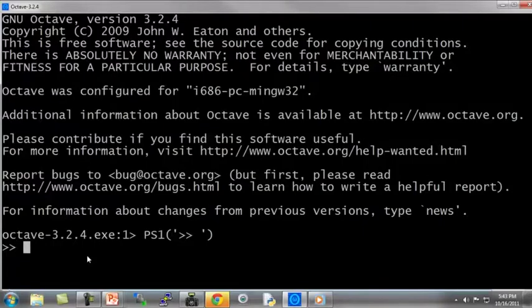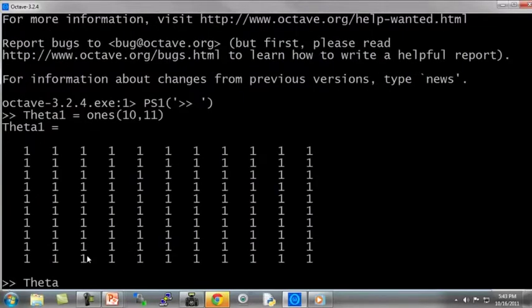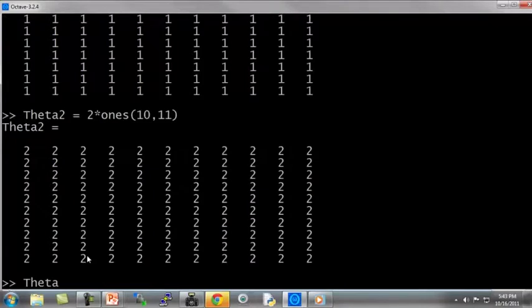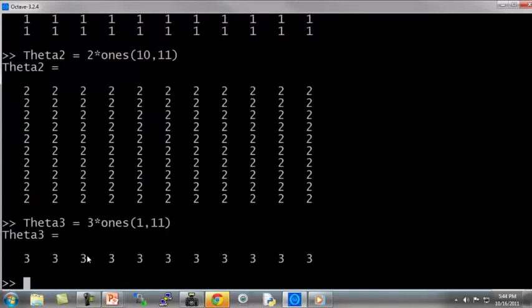Here's a quick Octave demo of that process. So for this example, let's set theta 1 equal to ones of 10 by 11. So it's a matrix of all ones. And just to make this easier to see, let's set theta 2 to be 2 times ones, 10 by 11. And let's set theta 3 equals 3 times ones of 1 by 11. So this is 3 separate matrices, theta 1, theta 2, theta 3. If I want to put all of these into a vector, I set thetaVec equals theta 1,